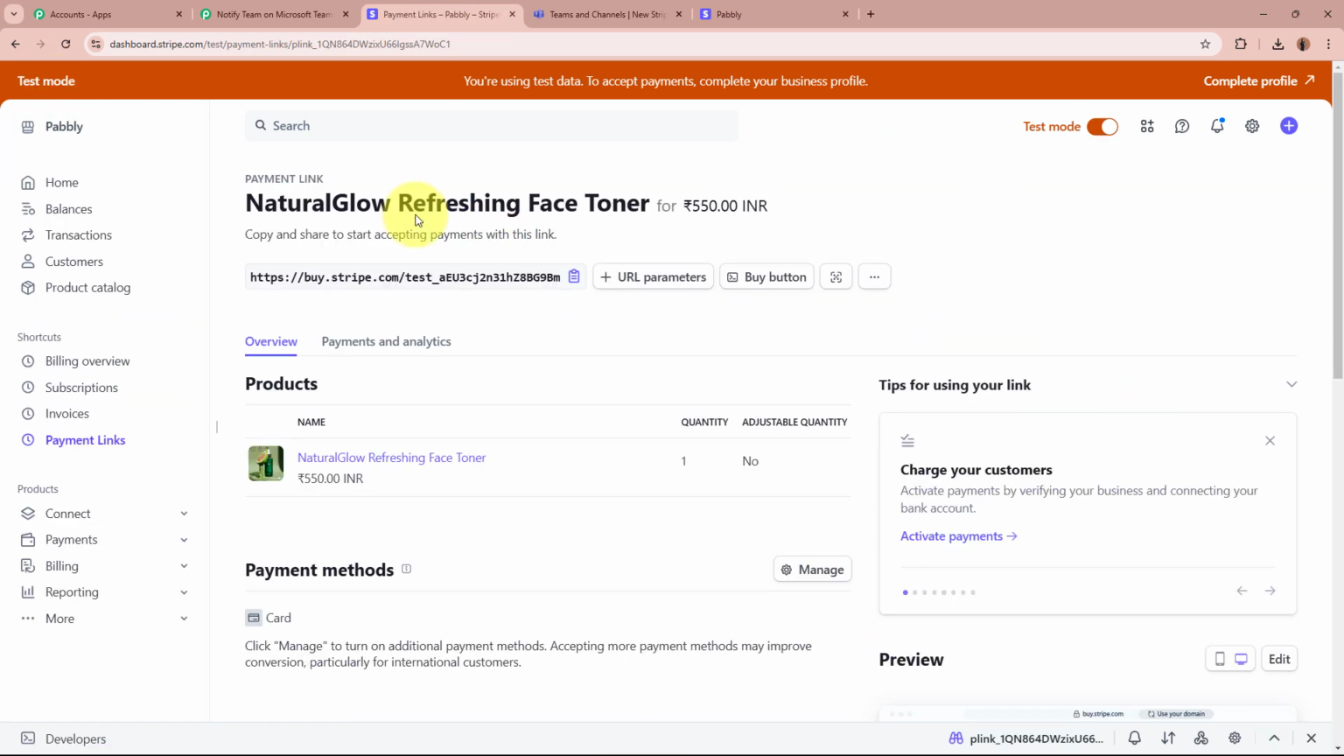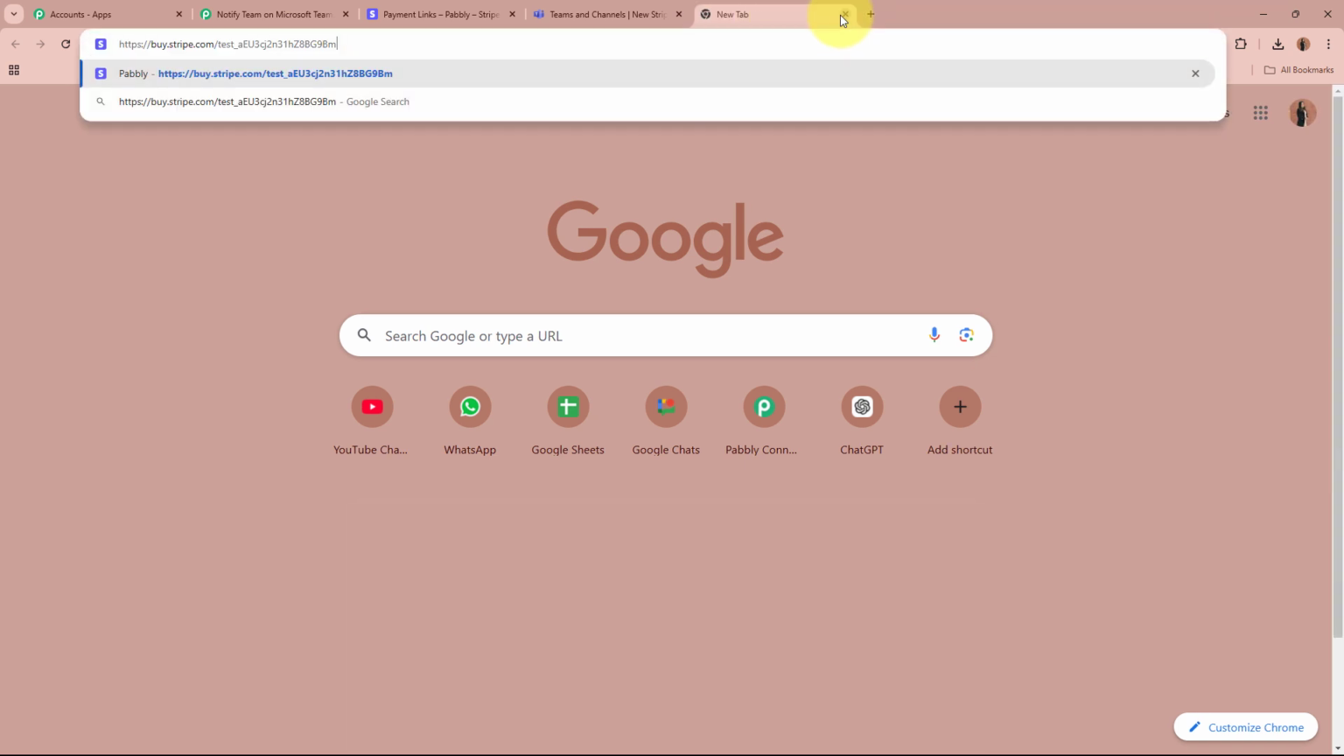account. So you can see right over here, this is the product that I'm selling, that is Natural Glow Refreshing Face Toner. And I'm going to do the test payment for this product. I'm going to do the test purchase. So this is the purchase link right over here. I'm going to copy this link from here and I'm going to open it in a new tab right over